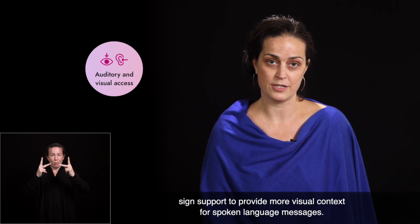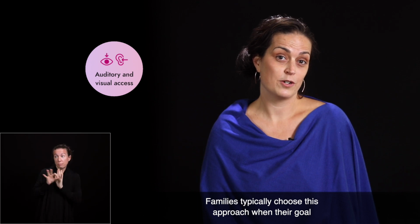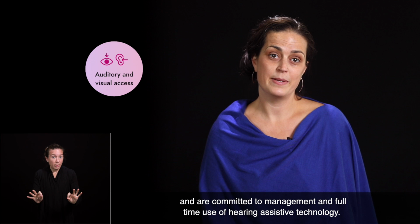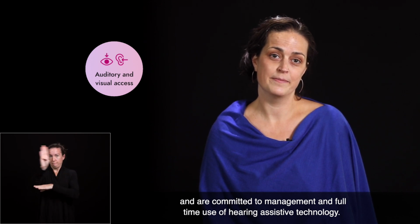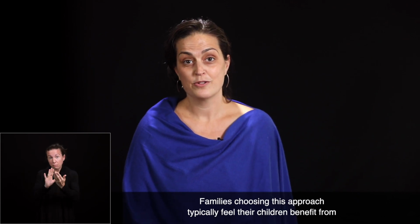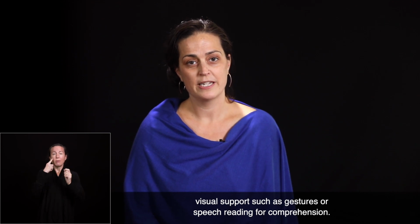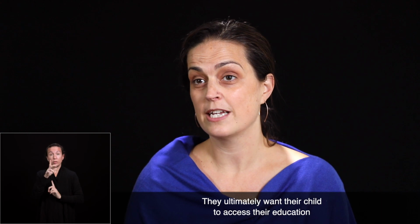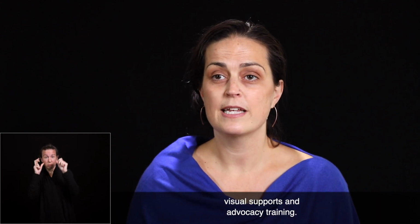spoken language messages. Families typically choose this approach when their goal is for their child to use their home language and are committed to management and full-time use of hearing assistive technology. Families choosing this approach typically feel their children benefit from visual support such as gestures or speech reading for comprehension. They ultimately want their child to access their education through listening and spoken language, given some visual supports and advocacy